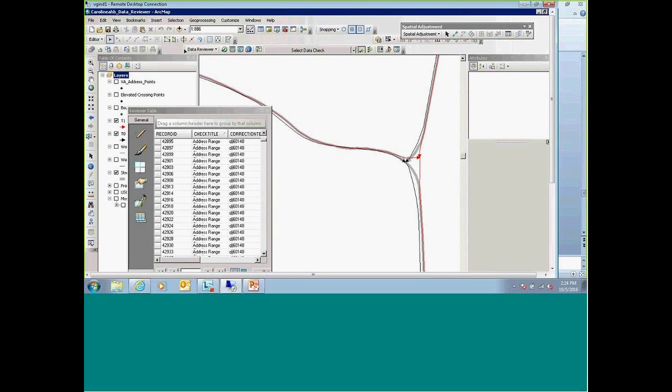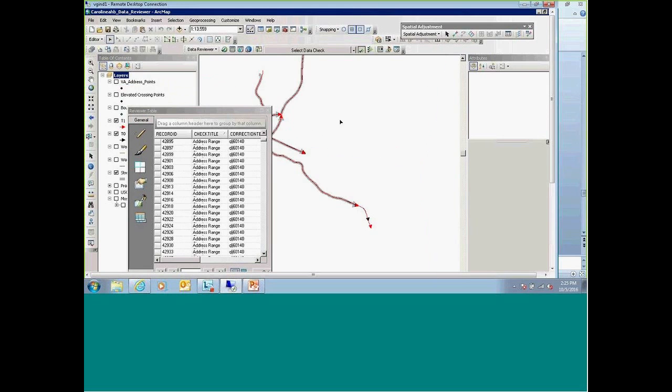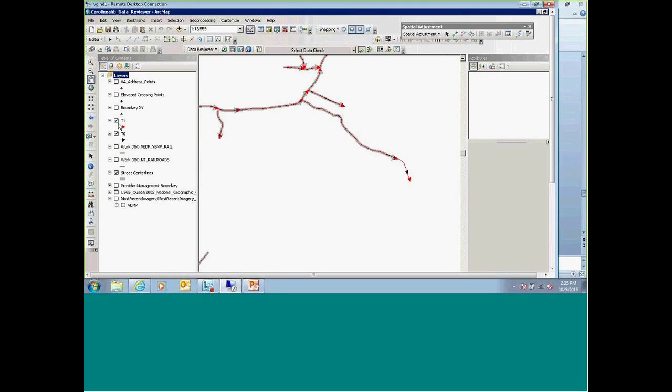I have picked out a couple spots that we can go and look at where the data review has picked up. This was an add. Remember, T0 is the older data versus T1 is the newest.